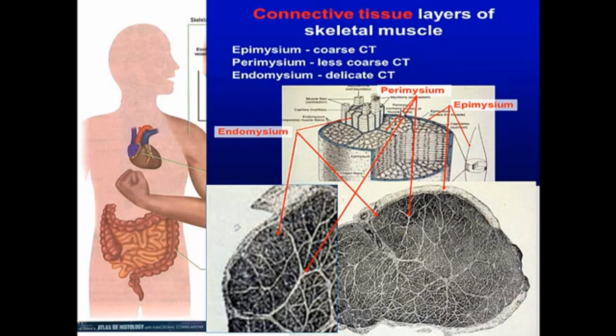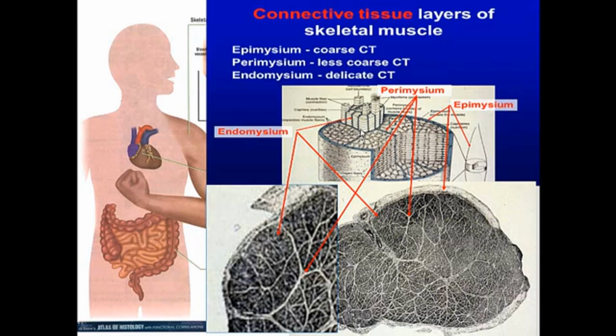So if we look at muscle, here is a piece of muscle. On the outside of the muscle, we see the epimysium, epi meaning outside, way outside connective tissue. But we see divisions inside there, and that's the perimysium. The perimysium goes in through there. And then around individual muscle cells would be the endomysium. So endomysium is around individual muscle cells that are inside there. So the perimysium is coarse connective tissue. The epimysium is less coarse than the perimysium, but the endomysium is delicate connective tissue around individual cells, and